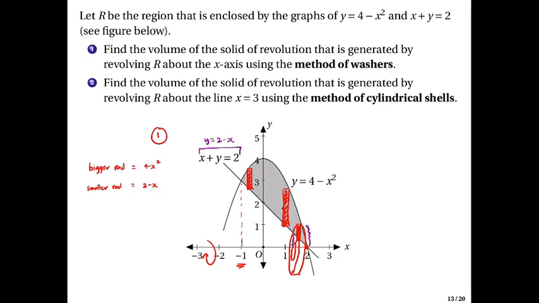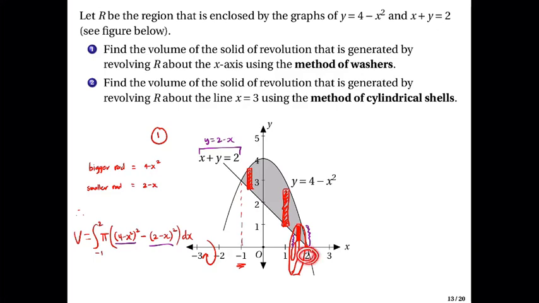So remember that you need the bigger radius. It's from the function, or from the farther function, to the center or to the axis. Then the smaller radius is the nearer function going to the axis. So if we now use our formula, the volume will be the integral from -1 up